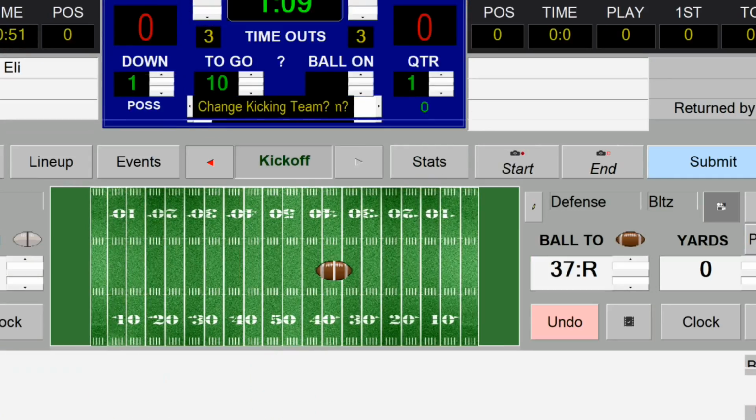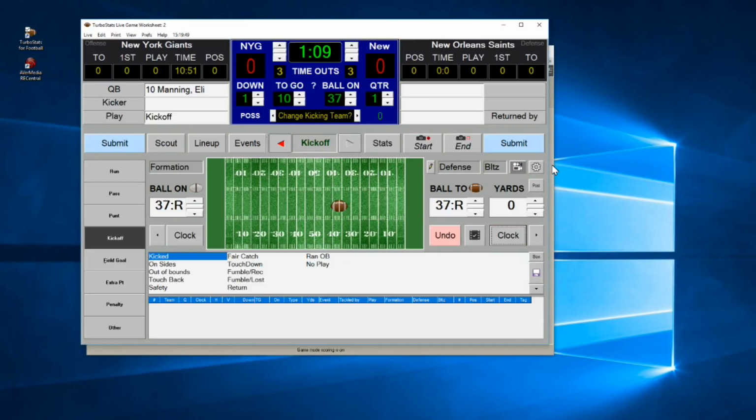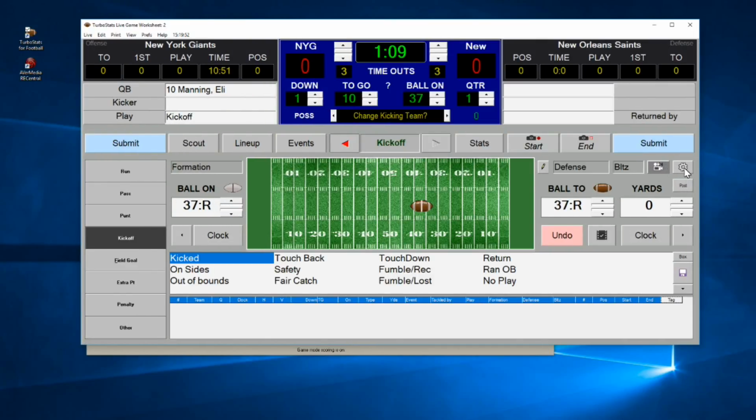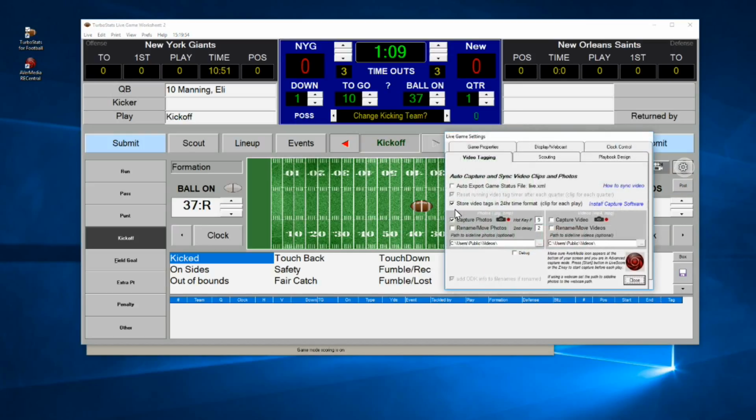That'll bring up the live scoring screen. I just set it to fit my screen here. Okay, go over here to the gear icon, which is your preferences, and click into video tagging here. And this is the area where we're going to set whether you want to capture photos or capture videos or both. If you turn capture video off, you could capture 2 photos, and you could set the delay between the first